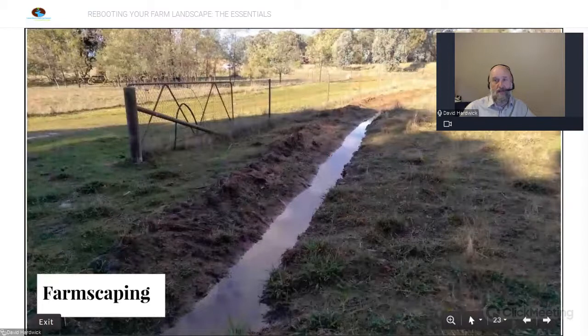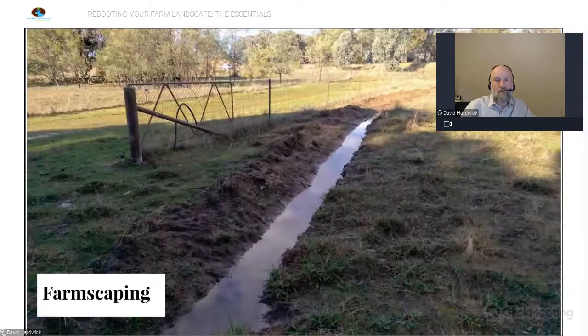Here's another case study for you from near Albury, the Tay Farm, the ecological farm, where you can see that is in fact a diversion contour. So it's actually moving water. It's not like a rehydration contour. It has a bit of a fall to it, but the drain has been put in above the track, and then obviously the access lane's been fenced. So you've got a few different elements there. You've got an access track that's been built, you've got fencing, and you've got this